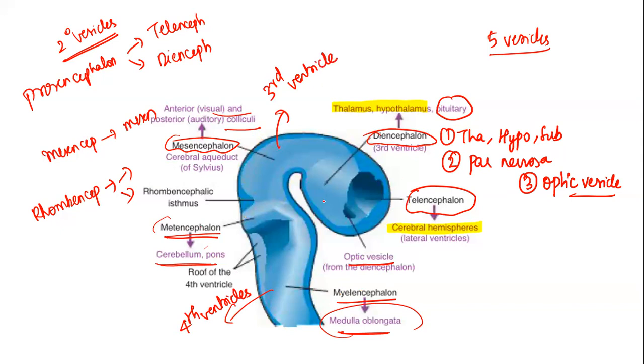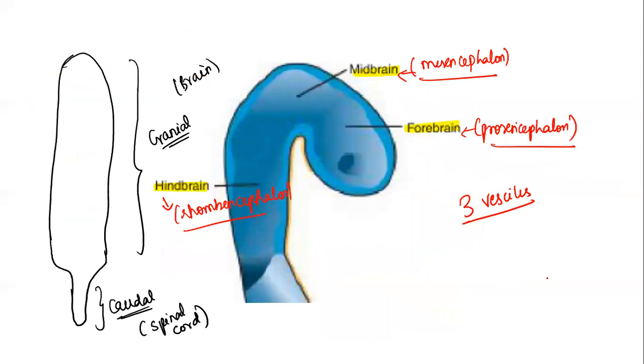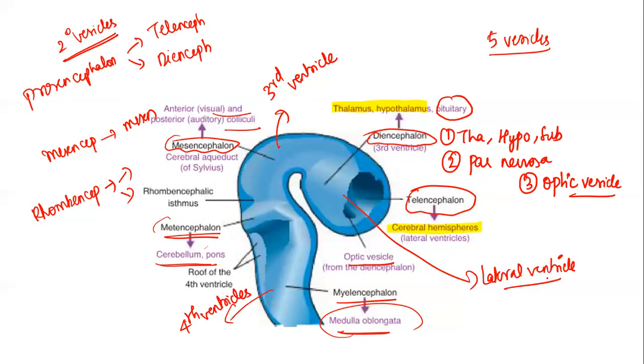Cavity that appears along the telencephalon, that is the prosencephalon, is going to be your lateral ventricles. So you all know we have got the lateral ventricle, 3rd ventricle and the 4th ventricle. So the cavities appear in all these brain vesicles, and each of them is going to give rise to ventricles, right? So initially we have 3 primary vesicles, that in turn give rise to 5 vesicles, right? And we have seen the derivative of each of these 5 vesicles,